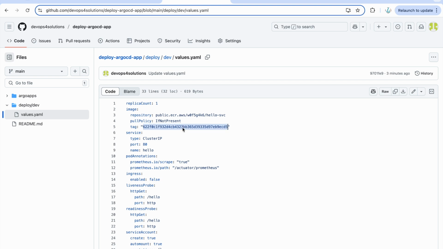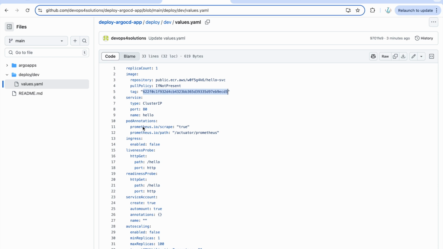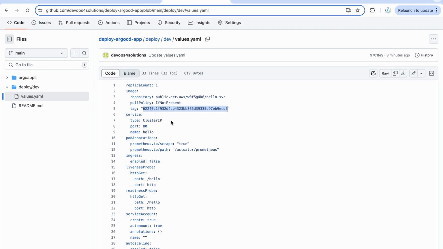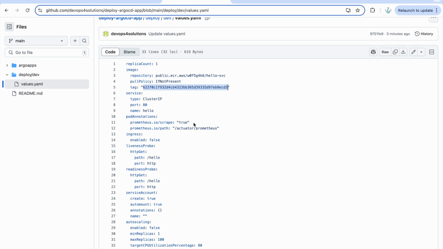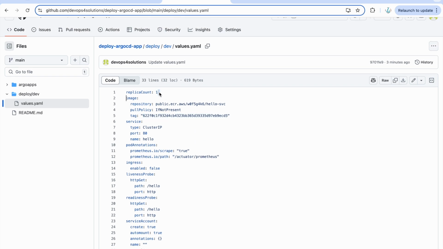If it is fine to merge to main, you can just merge it to main directly using your GitHub credentials and the script. And as soon as it finds any changes, it will do the auto sync. Now the benefit of using this approach: if I have to update anything in my Helm values, like currently replica is 1 and I want to have 5, I can just do it there because there are no changes in the image. So I don't need to worry about that part. It will just do the deployment part, and there is no need to do the CI part.